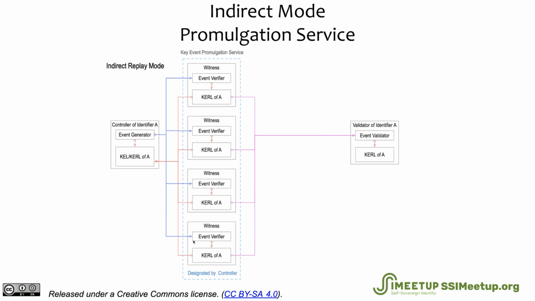And these witnesses now provide high availability because, if one of the witnesses fails, A just goes to one of the other witnesses. If there's a load balancer or something like that, A can always get a fully receipted copy, high availability. And as long as A trusts controller to not be duplicitous, A doesn't have to trust the witnesses, because the witnesses are mutually signing stuff, and if controller didn't sign it, then the witness can't sign it because they can't verify it. So it's all the way through. So that's the basic system, but